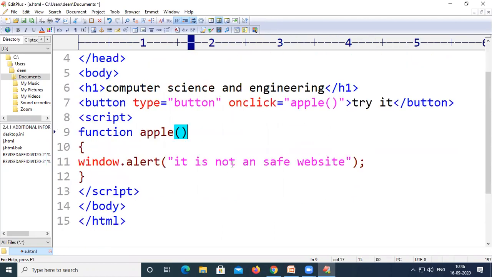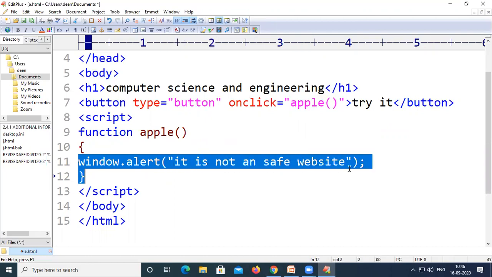A button will be created with the name try it, and if somebody makes a click on this button, it will execute the method called apple. And if the apple method is executed, it will create an alert window, saying it is not a safe website.